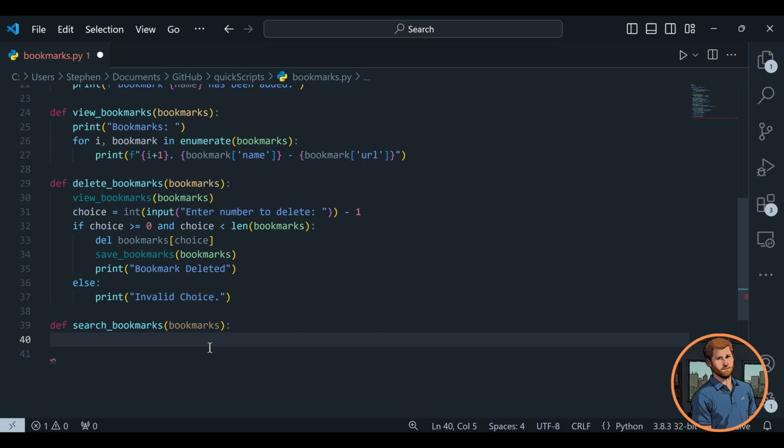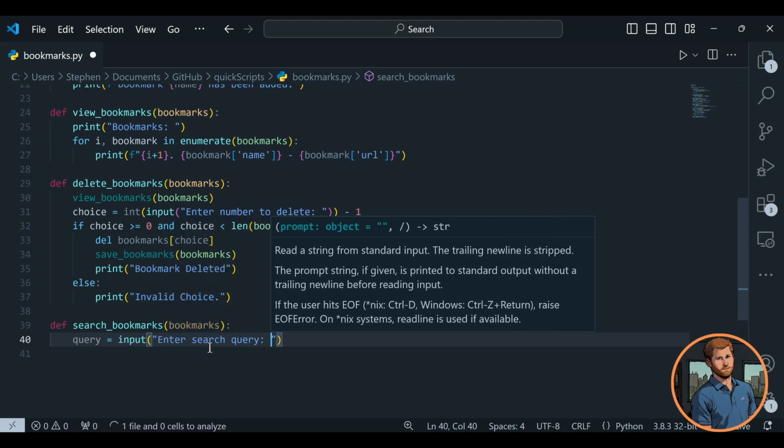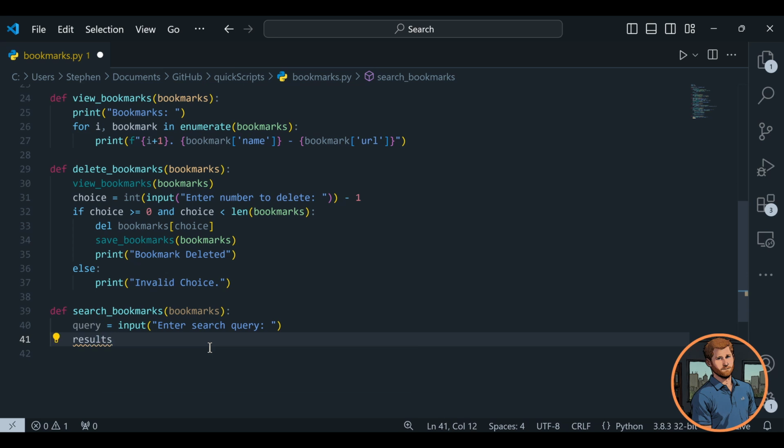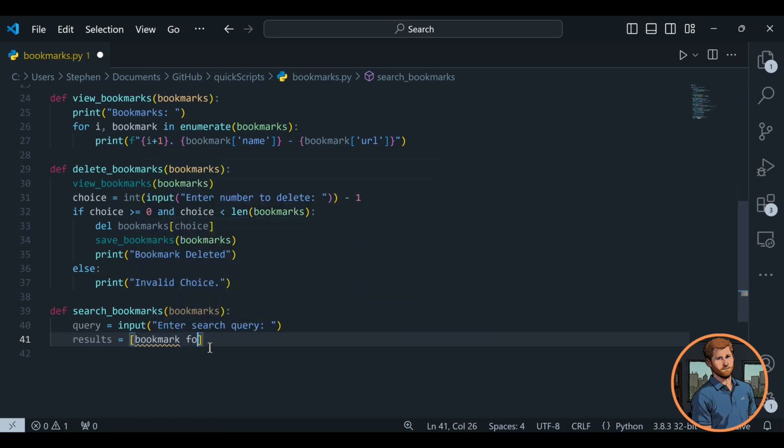We'll go query is input enter search query, and we'll set our results as what equals, we'll open a list and go bookmark for